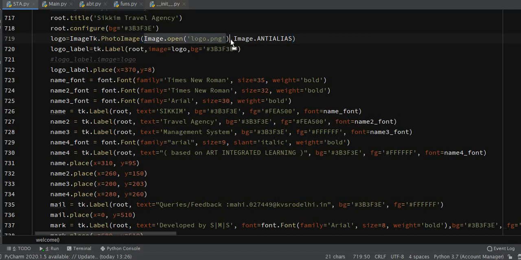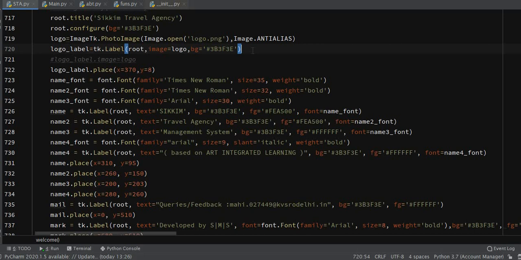Now if you want to adjust some height and width, you can use the PhotoImage function here. From the PhotoImage function, I have used Image.ANTIALIAS to adjust the pixels of my image. It's optional again.